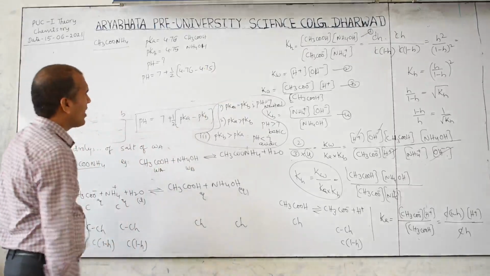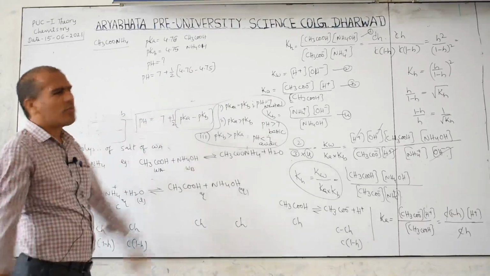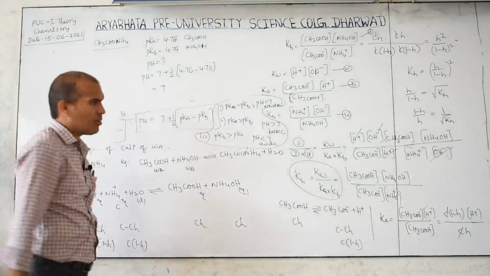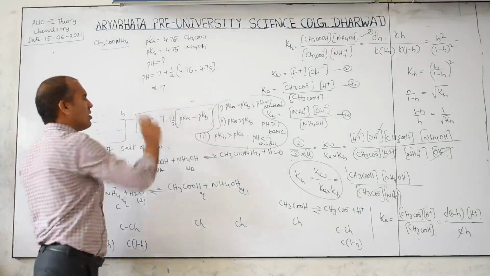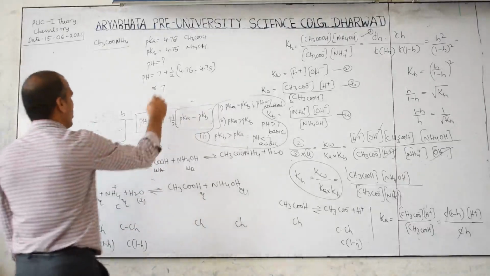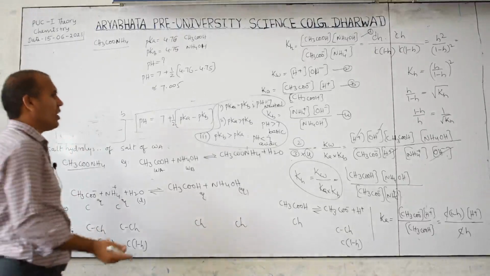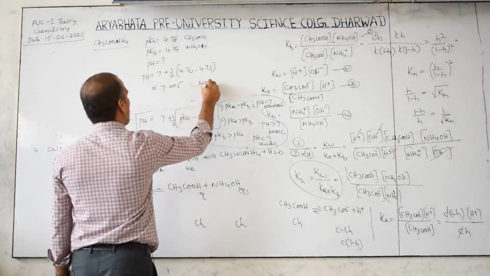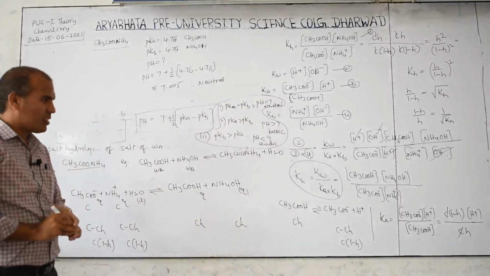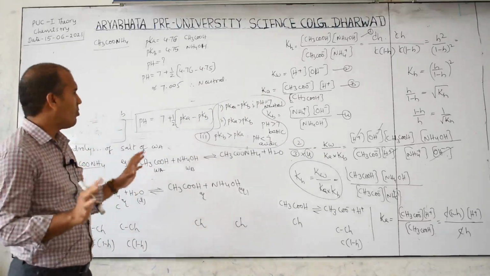Now if you subtract, only 0.001, very small, is there, nearly equal. So no need to calculate; directly you can write 7. And you can also divide, that is a very small value. Therefore nearly equal to which one? 7. You will get an answer of 7.00 something. According to your textbook, the answer is 7.005. So it is equal to 7 only. Therefore this is neutral. So with respect to this, a total of 4 salt hydrolysis types are completed. You have to remember at least the final pH calculation formula.